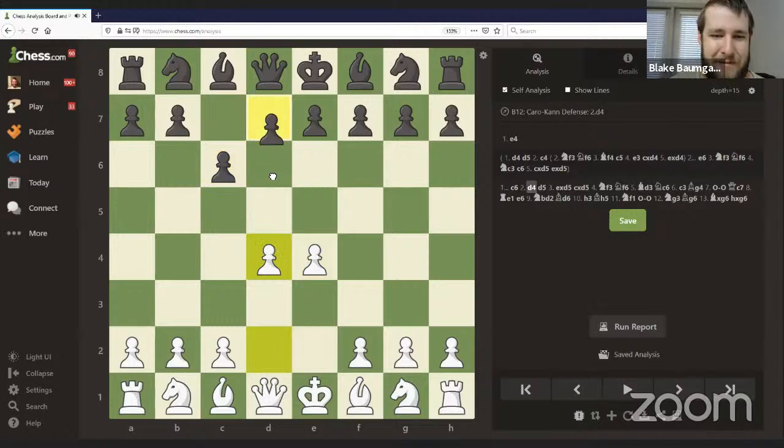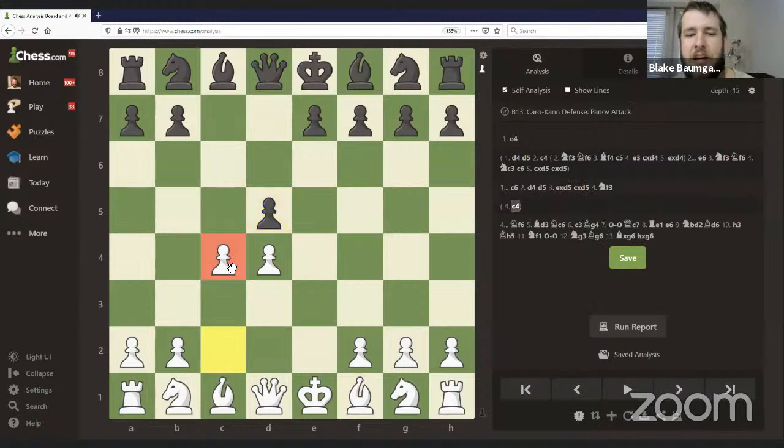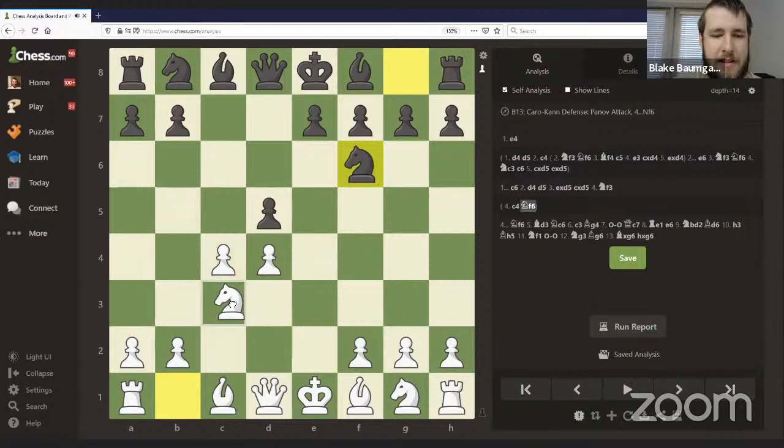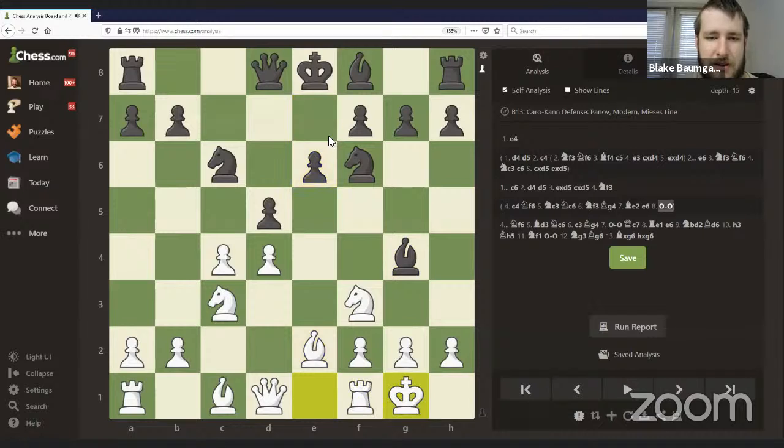So e4, c6, d4, d5. And this time we have the Carlsbad structure right now, but if White plays c4 here, this is the Panov variation of the Caro-Kann, you're often going to get an isolated queen's pawn structure, or an IQP structure, right, after these pawns get traded off. So for example, knight f6, knight c3, this is one of the lines. Knight f3, bishop g4, and this isn't White's best line. I think to punish bishop g4, White often tries to play takes and queen b3, and there's a whole big main line there. But let's say White just plays bishop e2, e6, castles, takes, and you eventually get this